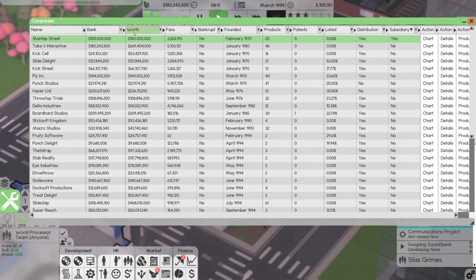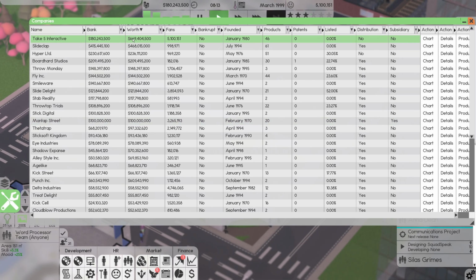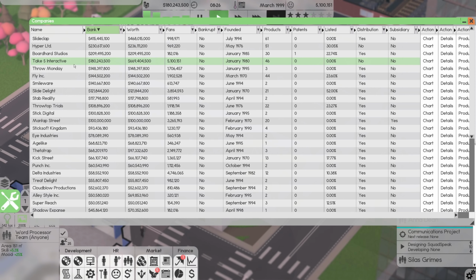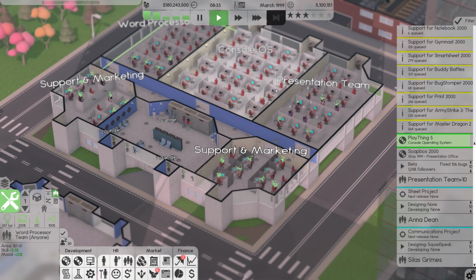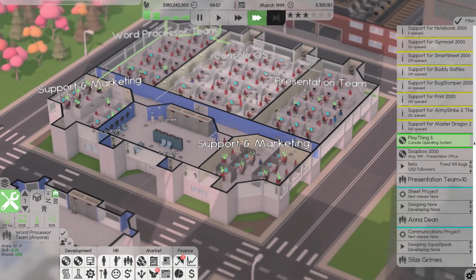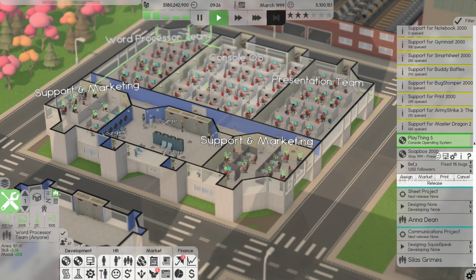They're one of the OG companies. In terms of worth, you've got me right up here, which is pretty neat. We are worth a considerable amount of money. We're almost a $1 billion company. We're almost $750 million in worth. Value, we're fourth. Or sorry, bank balance, we're fourth with 180 million, which is honestly not that much. $180 million is not much, but we'll be okay.